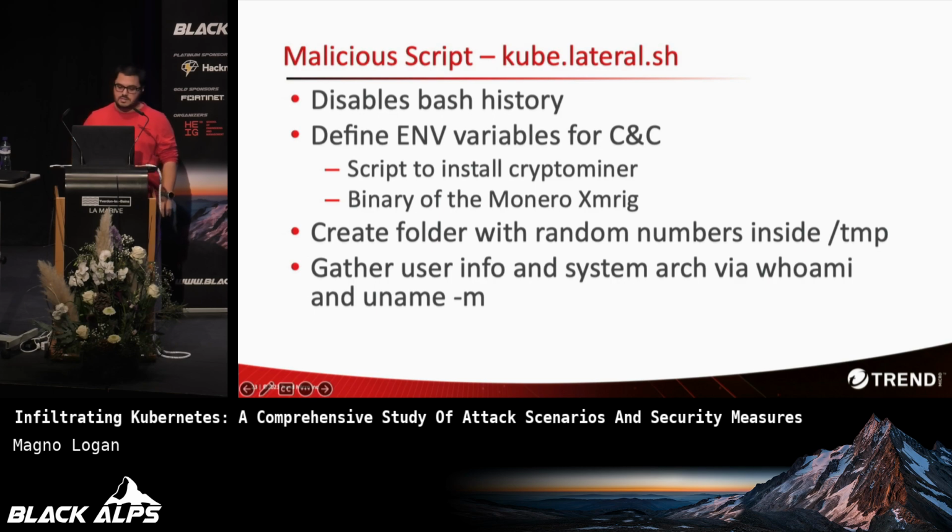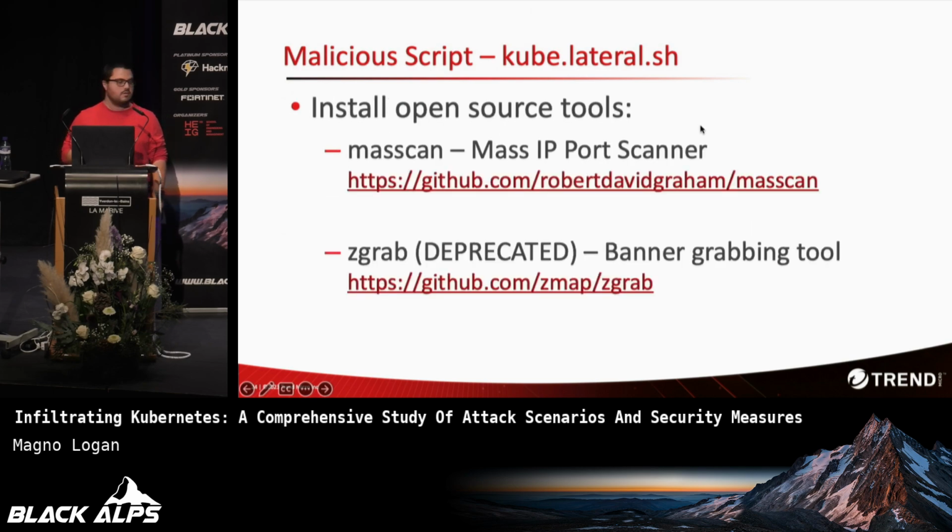Besides that, as I said, they leverage open source tools. Tools that you probably heard about before, like MassScan, a mass IP port scanner available on GitHub. But what's interesting was they're using zgrab, a banner grabbing tool that was deprecated. So it's outdated. There's a new version of zgrab. When I did this research, there was already a newer zgrab tool. But even attackers are using outdated tools. So it's not just us. So when your boss complains, you can say, okay, see, the attackers are also using outdated stuff. So it's fine. Just kidding.